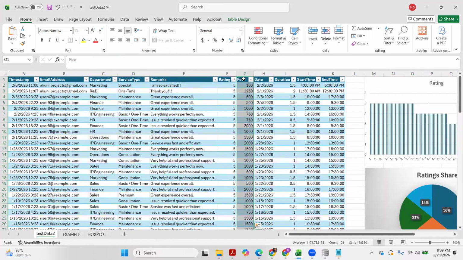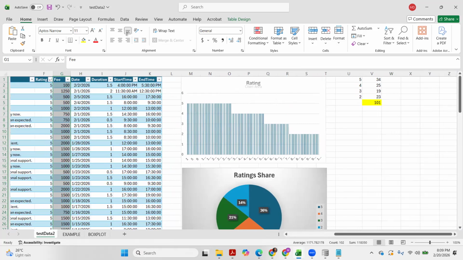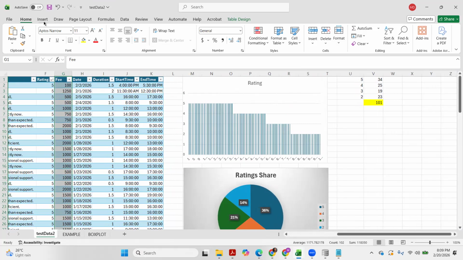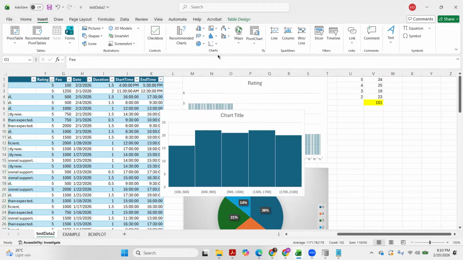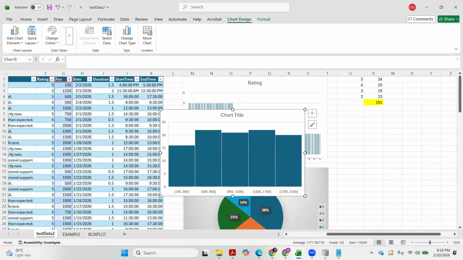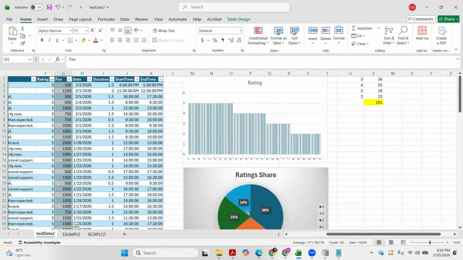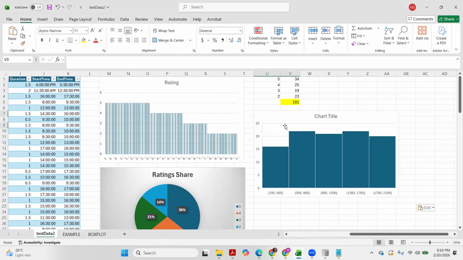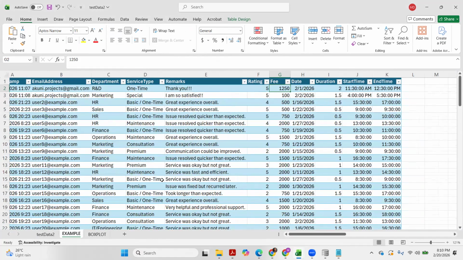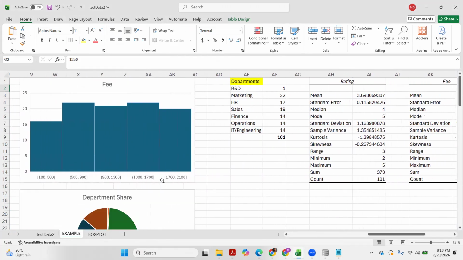All right, so all the fees, the entire fee data set, and then go to the insert tab and choose histogram. So this is our histogram to represent our fees. You can move it anywhere you want, like here. You can even paste it in your other files. And that's for data visualization.